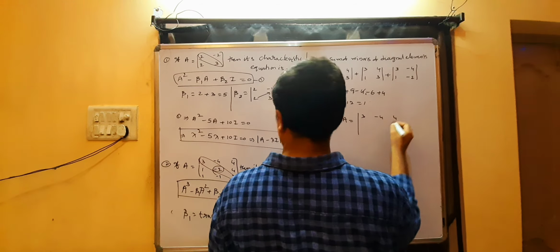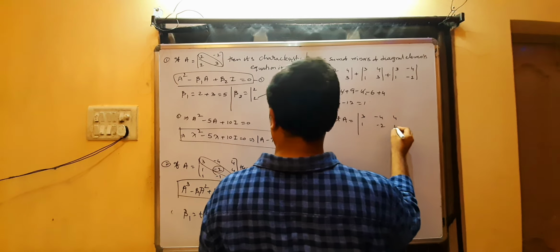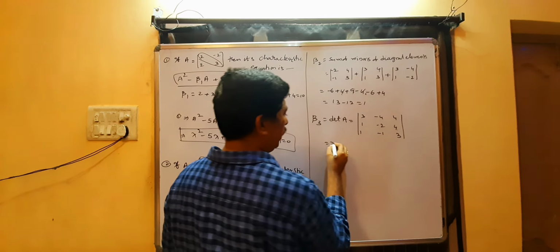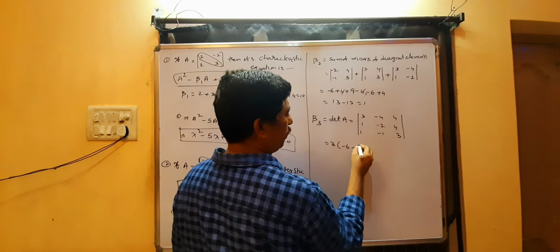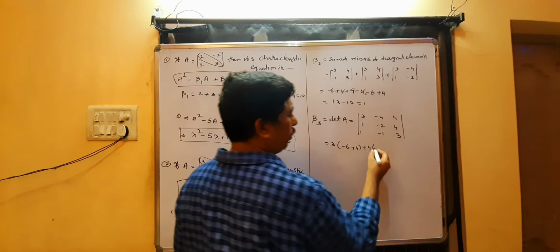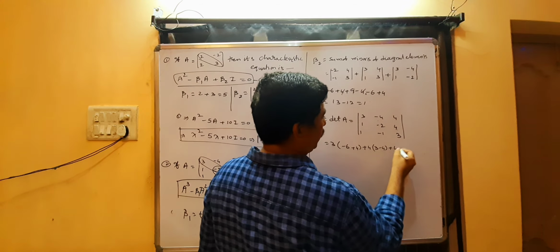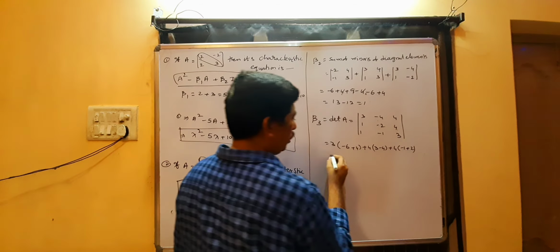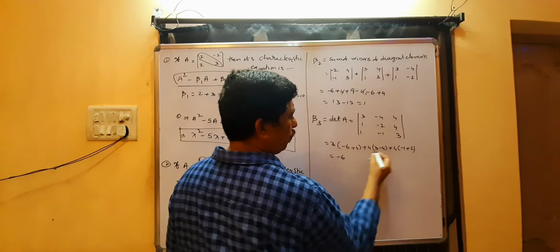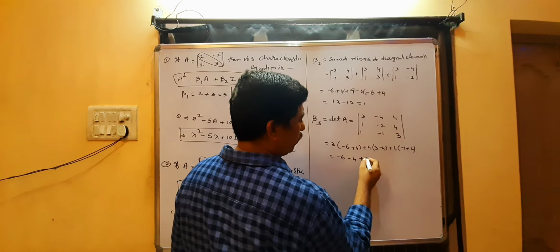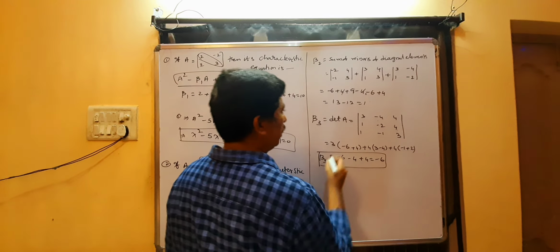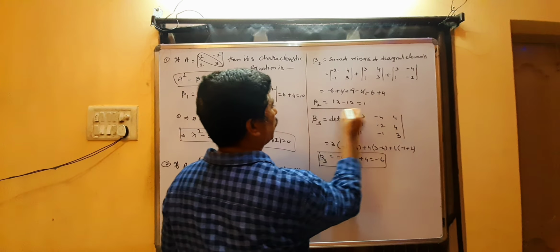Now beta 3 is the determinant of the given matrix, that is 3 minus 4, 4, 1 minus 2, 4, 1 minus 1, 3. So we get 3 into minus 6 plus 4, the middle element opposite sign plus 4 into 3 minus 4, plus 4 into minus 1 plus 2. That is 3 into minus 2, minus 6, then 4 into minus 1 is minus 4, plus 4. That is minus 6, which is beta 3. This was beta 2.